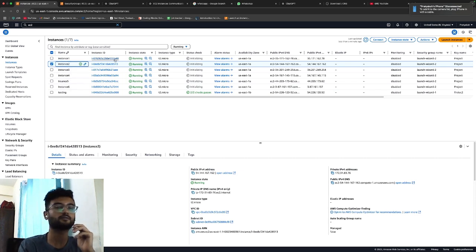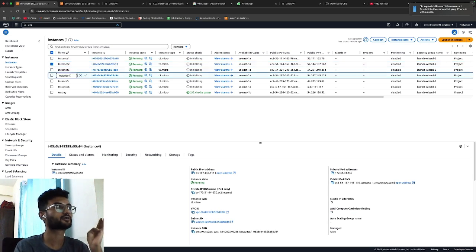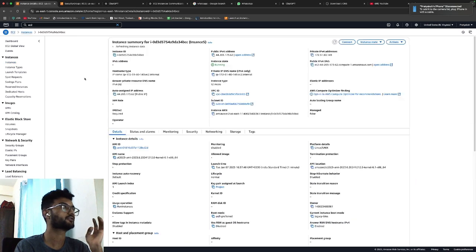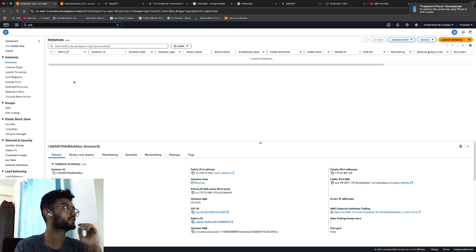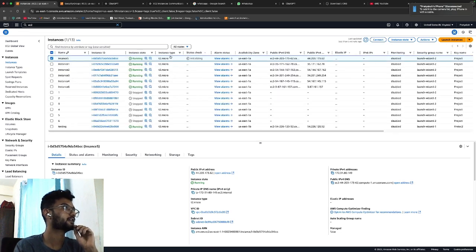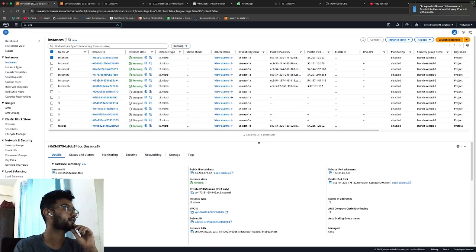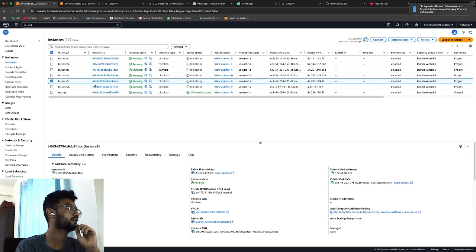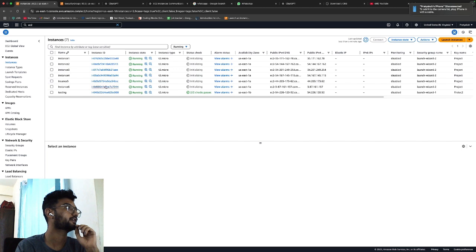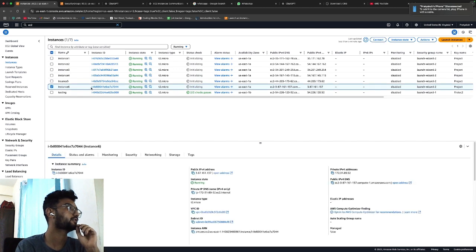Now the first is going to take input and output. Second is going to do addition. Third, subtraction. Fourth, multiplication. Fifth is going to do divide. And the sixth EC2 instance that we have running, what it is going to do is save the data